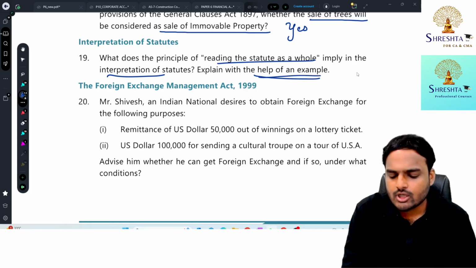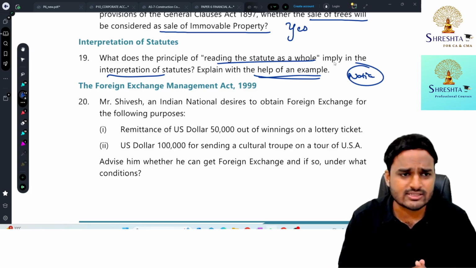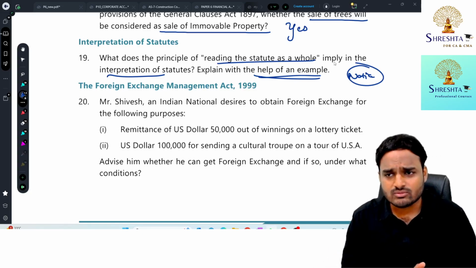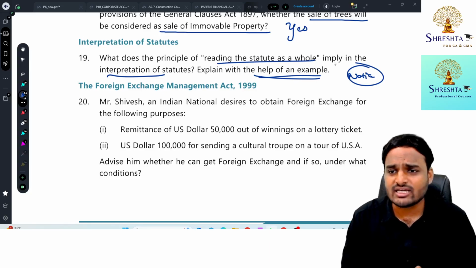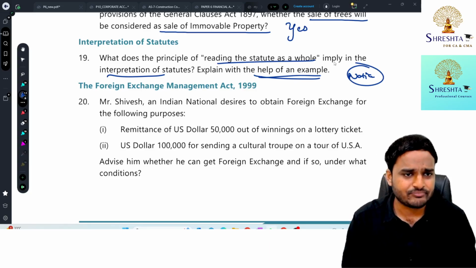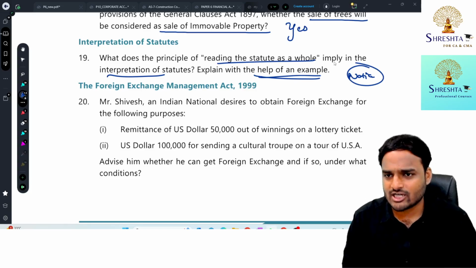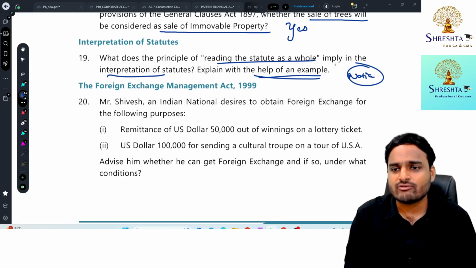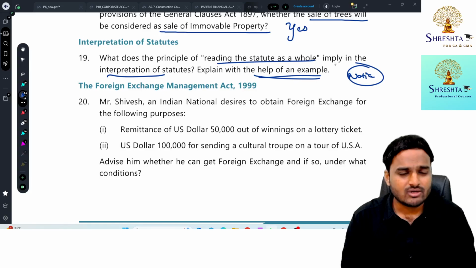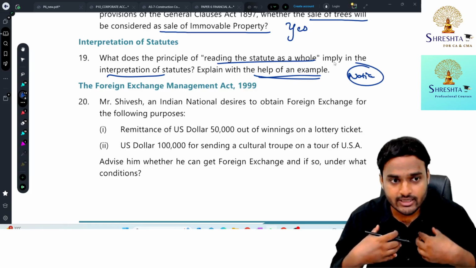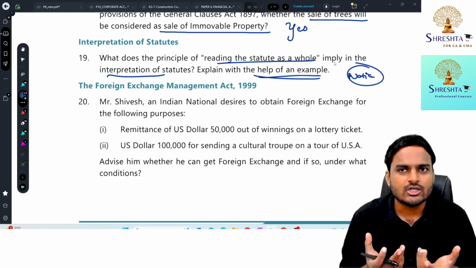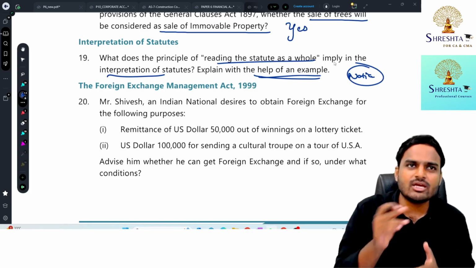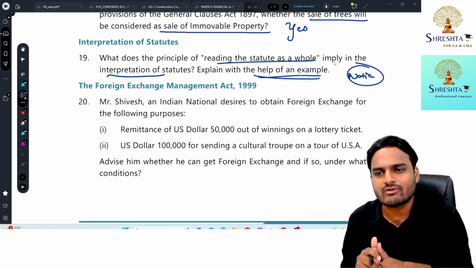For example, the concept of notice is there in the Companies Act 2013. Now, a company shall give not less than 21 clear days notice to the members of the company with respect to the annual general meeting. So before the AGM, not less than 21 clear days notice shall be given. Now, when I read that paragraph, I got a confusion. Notice is nothing but intimation. It can be either oral or in writing.